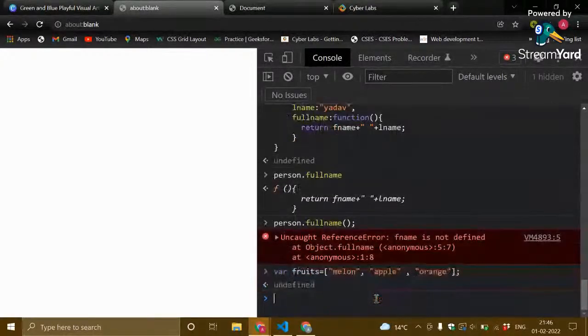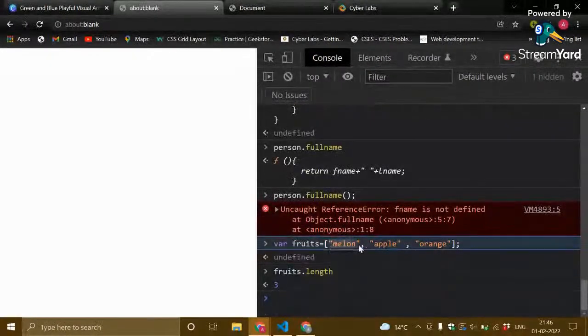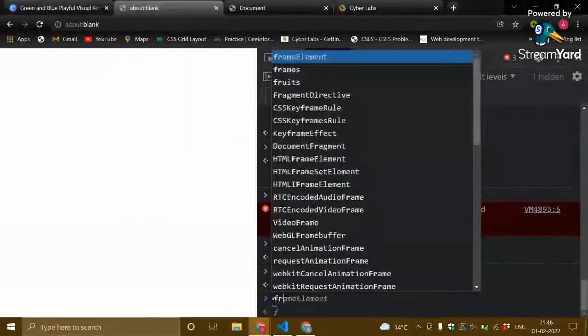Now, arrays have a built-in property called length, which returns the length of the array. If I say fruits.length, it is going to return me 3, since there are 3 elements inside this array right now. And you can access the elements of the array using the